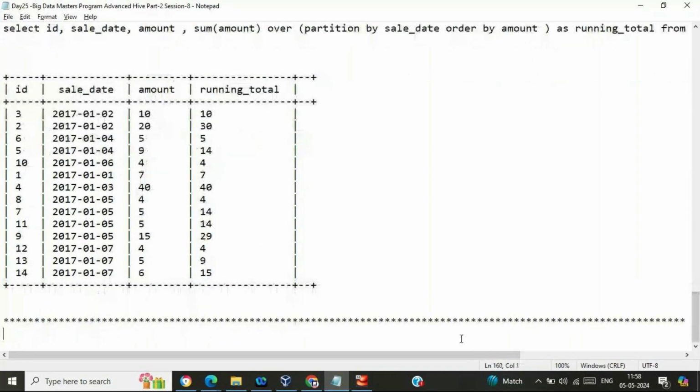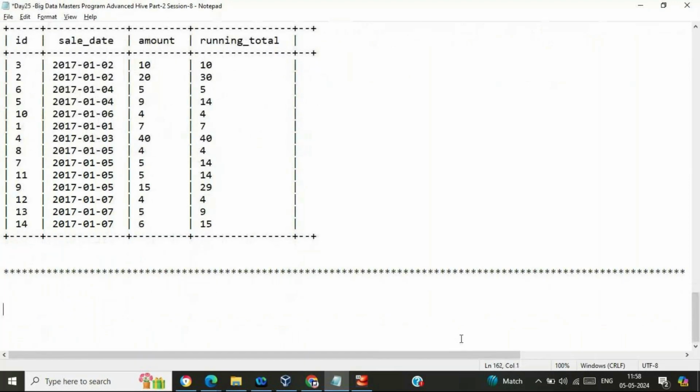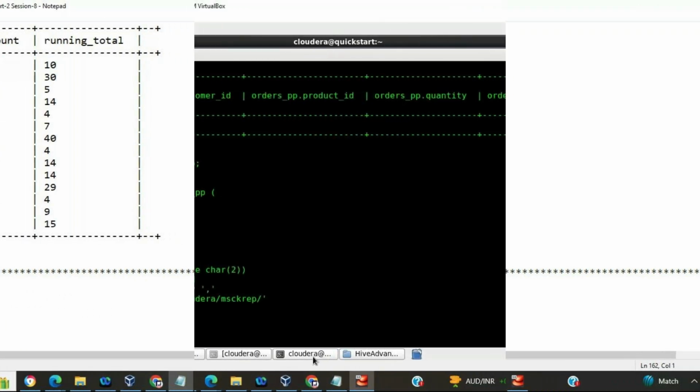The next thing I'm going to discuss is nothing but MSCK repair. MSCK repair. This is very important from the interview perspective. So what exactly is happening? Say I have a particular table that is partitioned based upon certain columns. And